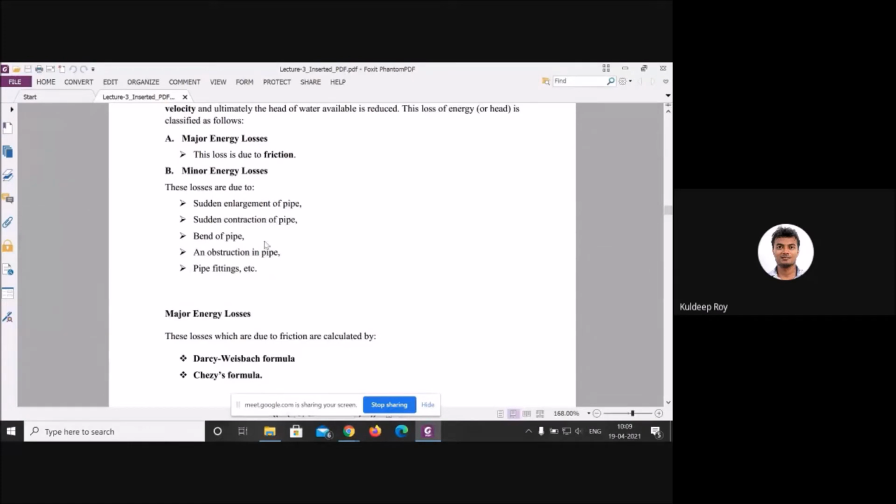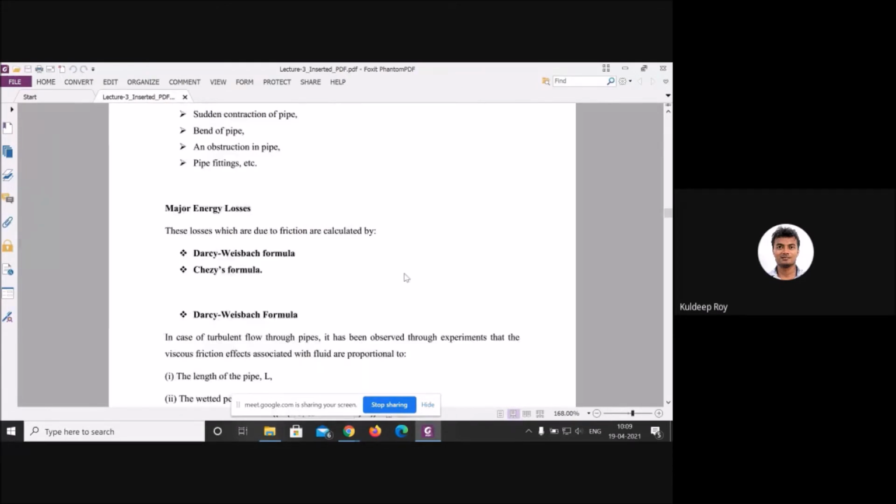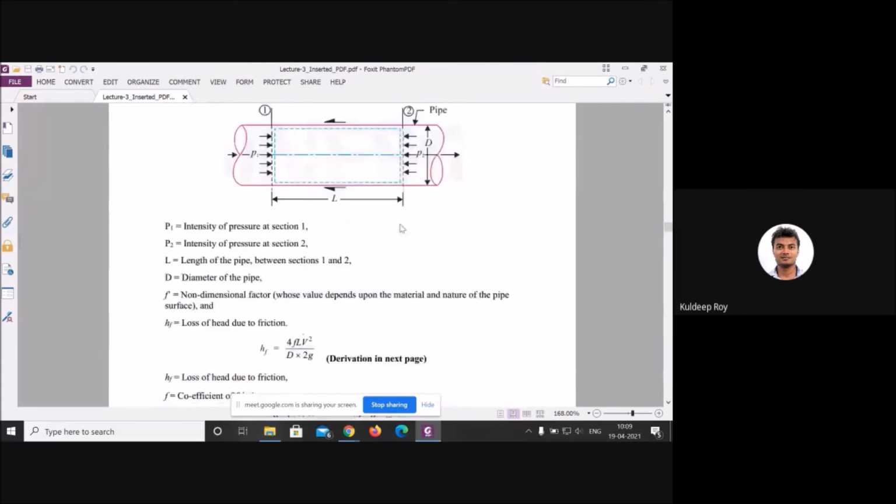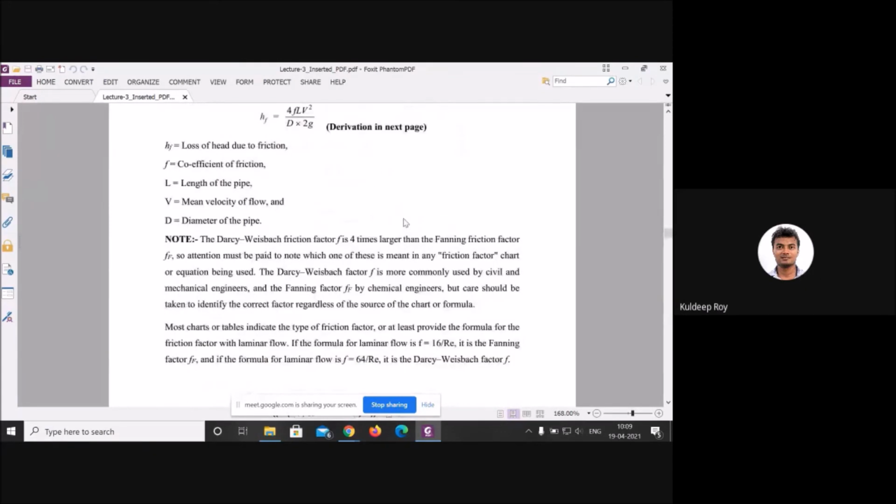Now coming to the minor loss, if you have any kind of bend, it will come into this category, or if there are any kind of losses at the entrance or exit, all of these come into minor losses. Because a minor loss you can reduce a little bit by reducing the pipe or the fitting area, but a major loss you cannot completely remove, because friction will be there in your system if the fluid flows from one position to another.